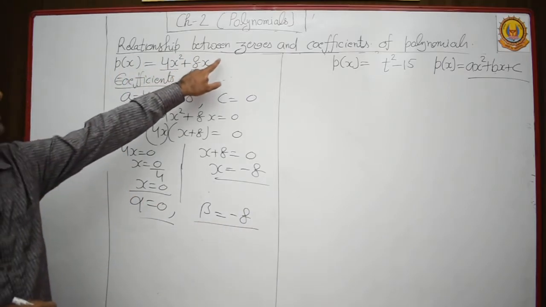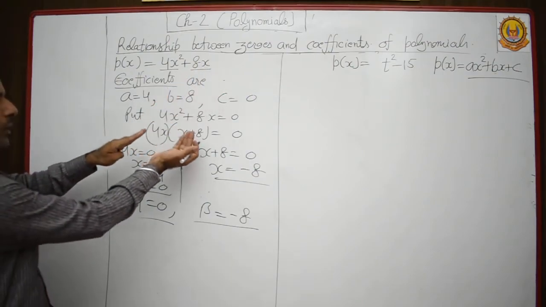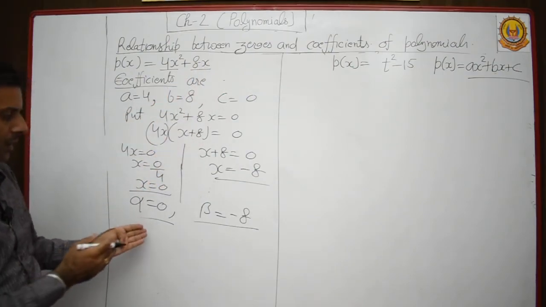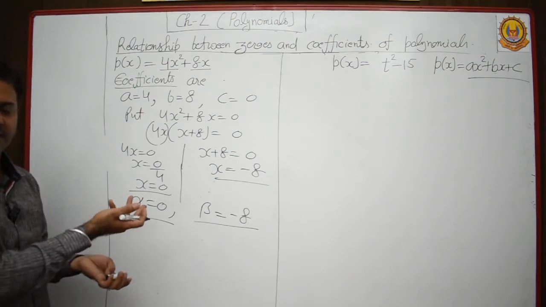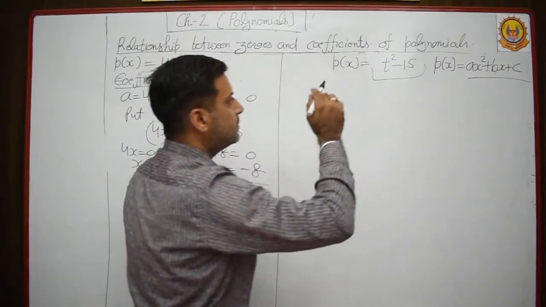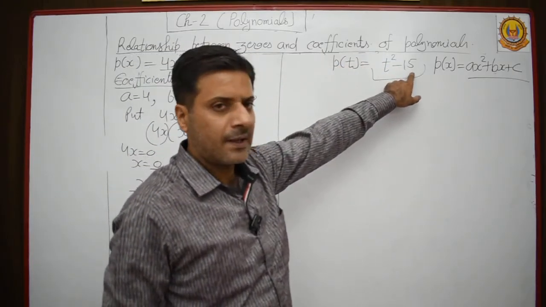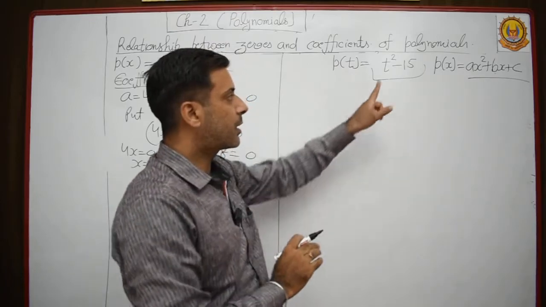So when the constant term is missing, you can find the zeros by taking out the common factor like this. Now you can verify the relation as we have studied in the earlier example. Look here. Now which term is missing? Here the variable t is there. So which term is missing? Here the second term, the middle term, is missing.